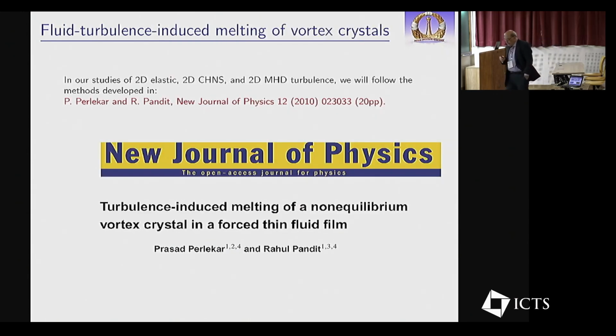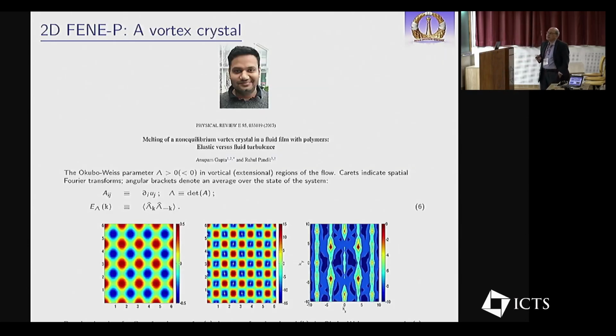The method that we will use, at least in some of our studies, is to first induce a vortex crystal, which we did first for 2D turbulence by the application of an external force. What we found in the 2D turbulence cases is that as you increase the amplitude of that force, it induces turbulence, which is a completely non-equilibrium system, but think of it roughly as temperature. It's like increasing temperature. It melts the crystal in a way that would be quite acceptable to a condensed matter physicist. But let me not go to turbulence.